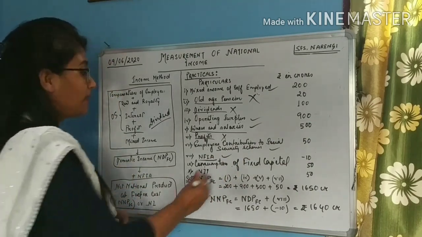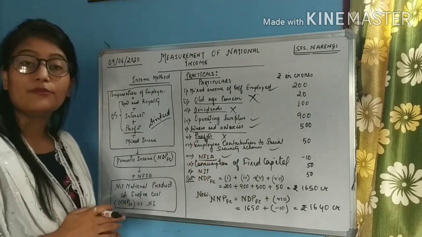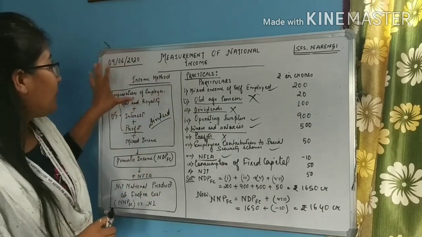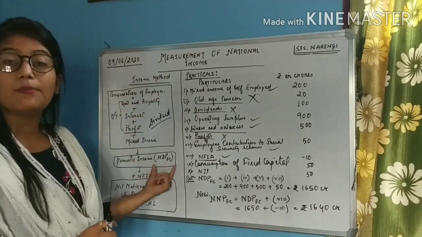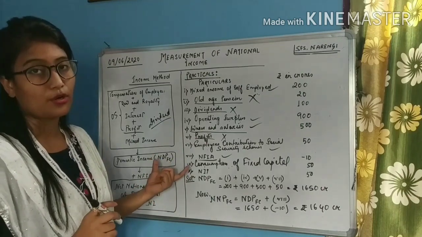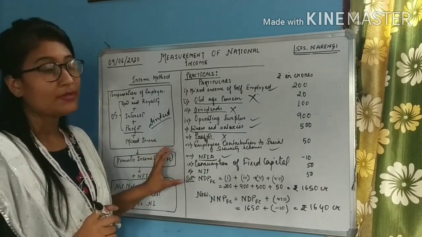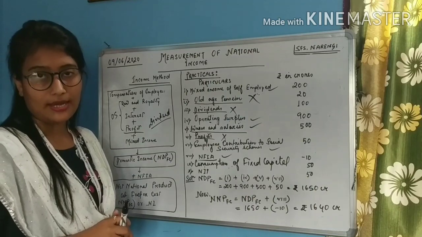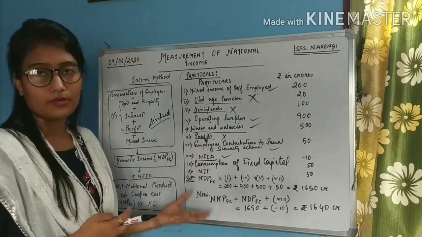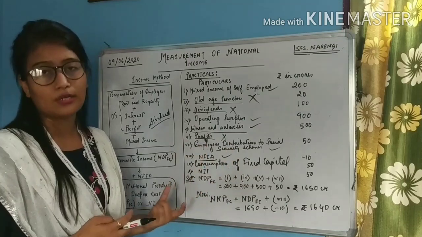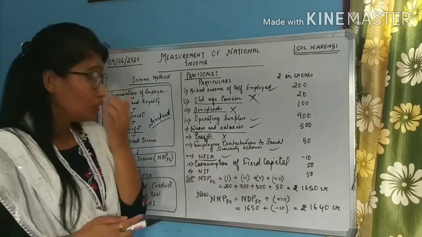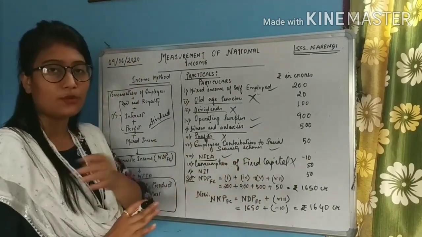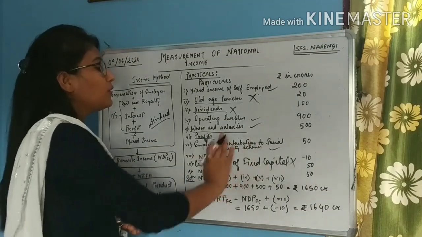Okay. Consumption of fixed capital, which means the depreciation, will not be included. Why? Because students, when we add all the components, it gives us the NDPFC, net domestic product at factor cost, and it is already a net concept. There is no gross inside it, so there is no point deducting depreciation again. Depreciation is already not included, so why exclude depreciation again? So we will not include consumption of fixed capital. Let it be like it is. Okay, we will not do anything with this. This will not be taken into consideration.